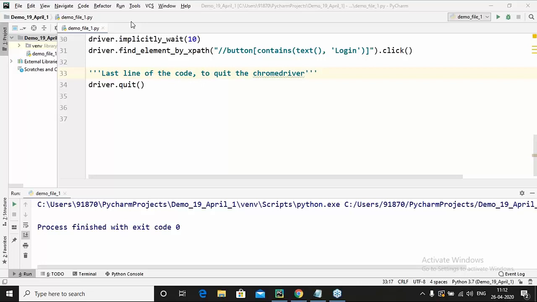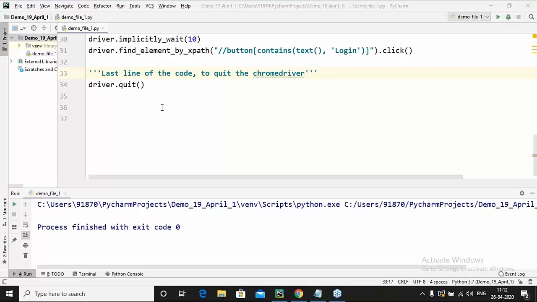Now the next thing is, the moment we click on the login button, let's move ahead. What is the difference between the close and the quit method? The close method is actually used when you have to close a window. Suppose there are 10 different tabs available inside a Chrome browser. If I want to close one, I'll be using driver.close. In case I want to quit the browser, I'll be using driver.quit, which will end the complete browser. So that is the only difference between close and quit.